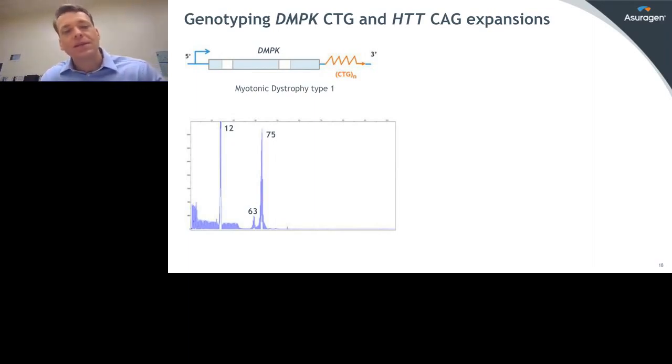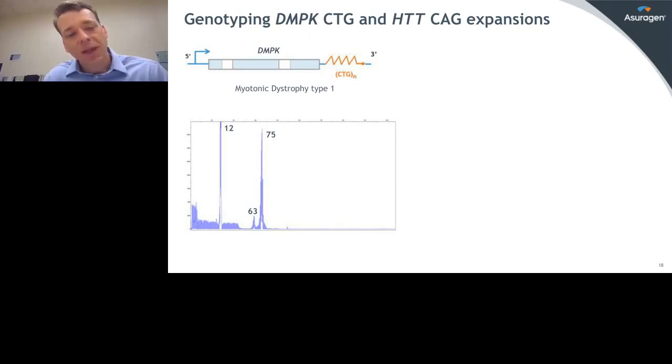One of these is at the DMPK locus, which is a gene that has a 3' CTG expansion. That expansion is linked to myotonic dystrophy type 1. The clinical threshold for mild disease is about 50 repeats. The sample shown here is a consensus sample that was reported in a publication a couple of years ago from a